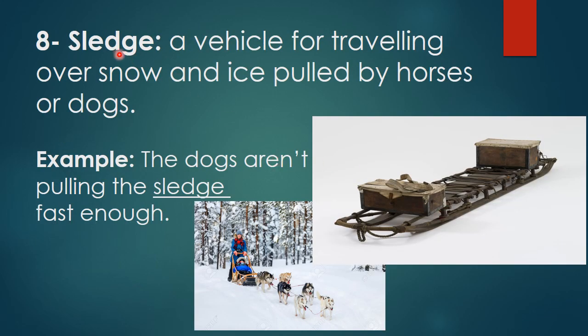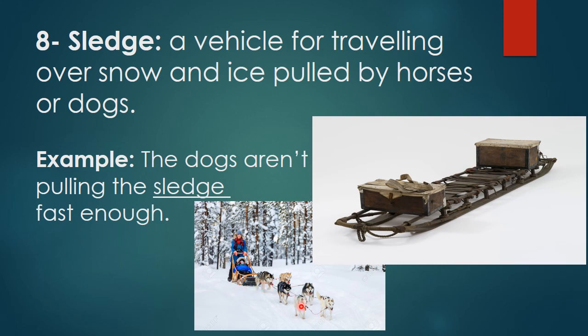Sledge. Number 8, sledge. Sledge is a vehicle for traveling over snow and ice. Okay. Pulled by horses or dogs. As you see, this is a sledge. Okay, it's made to travel on snow or ice,